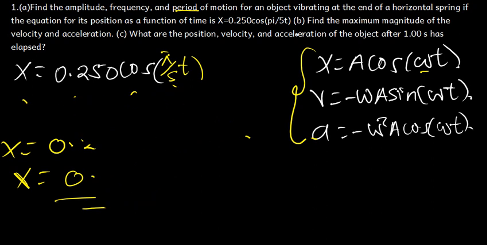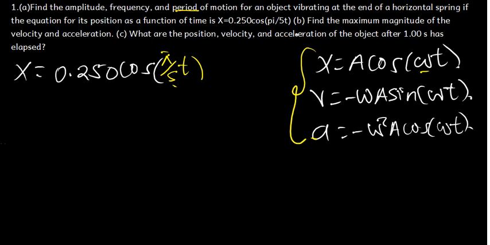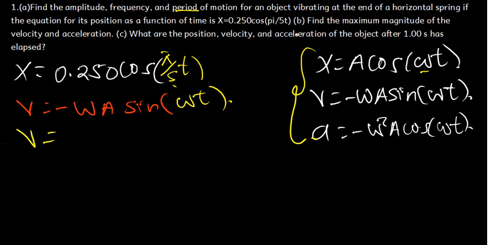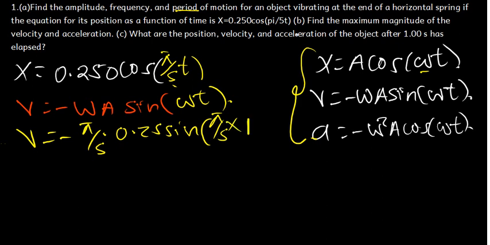So the velocity is given by the formula v is equal to negative alpha times A sine, then here we have this. So we can plug in the values. This is just basically pi over 5 times 0.25, which is the amplitude, sorry. Then we also have this over 5 times 1. Okay, so if we get the calculator and find the value of the velocity, we are going to find